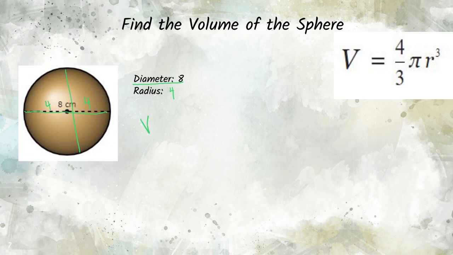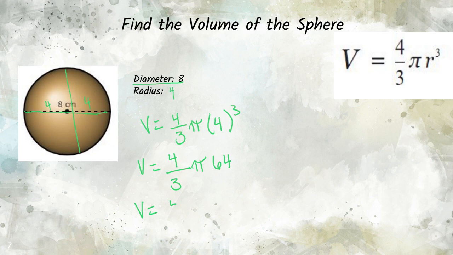So now, to find my volume, I have the volume equals 4/3 times pi multiplied by the radius, which is 4 cubed. So now the first thing that I need to do is what? I need to figure out what 4 cubed is, which is 4 times 4 times 4. When I multiply that out, what do I get? You should get 64. So then I have 4/3 times pi times 64. And remember that you can multiply in any order that you want. So the next thing I'm going to do is multiply that by 4/3. When I multiply that out, I end up with